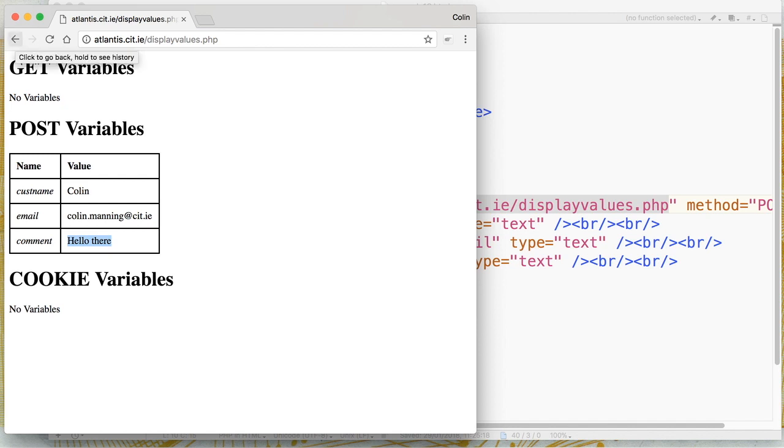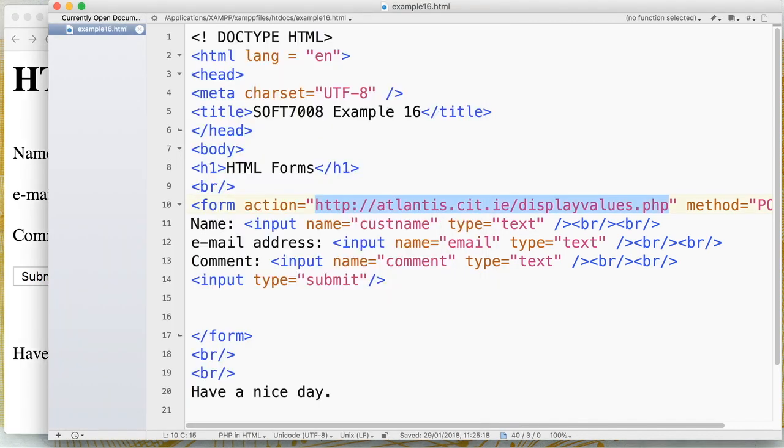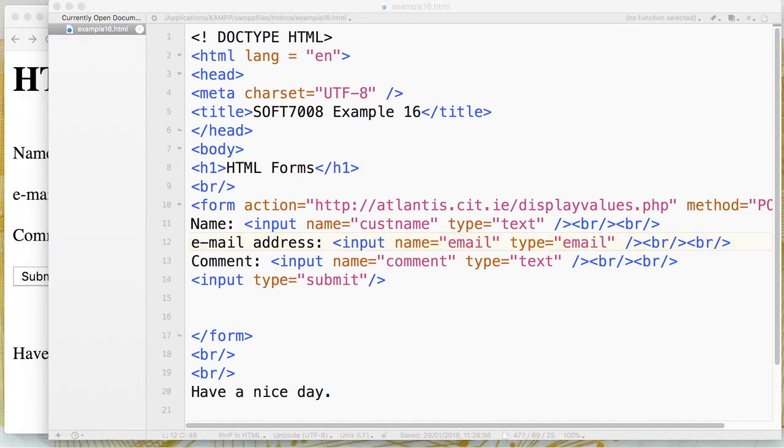Now there are different kinds of inputs in HTML. HTML5 introduced a whole new bunch of them, and some of them allow for auto-validation of the form. So if I put in here that the email address is in fact type email, HTML will know to expect this to be an email address. So if we save that,